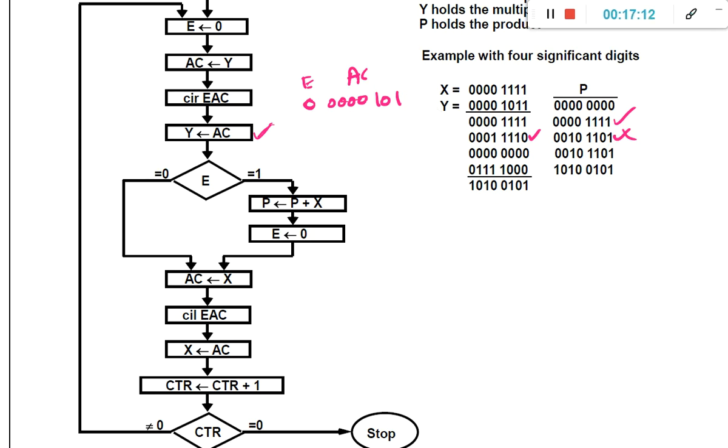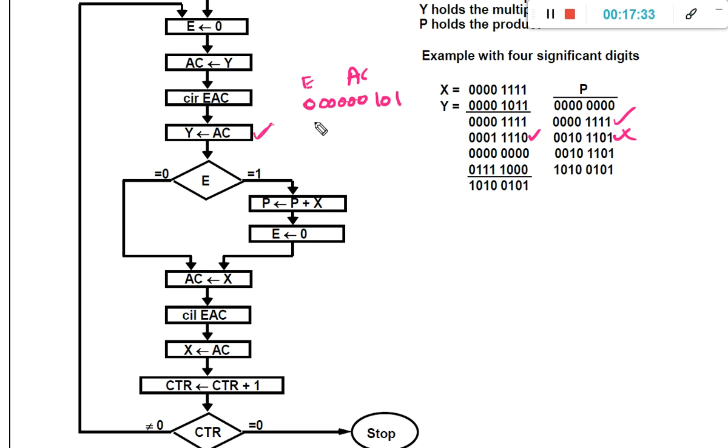Just I will show you. So this is the present y value. We have moved the present y value to the accumulate register, and then circulate EAC.